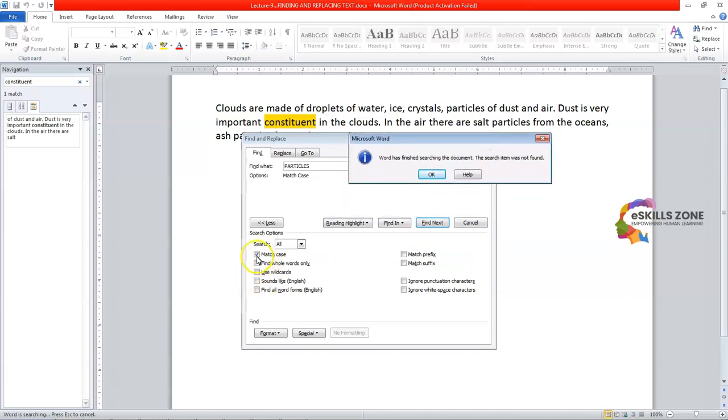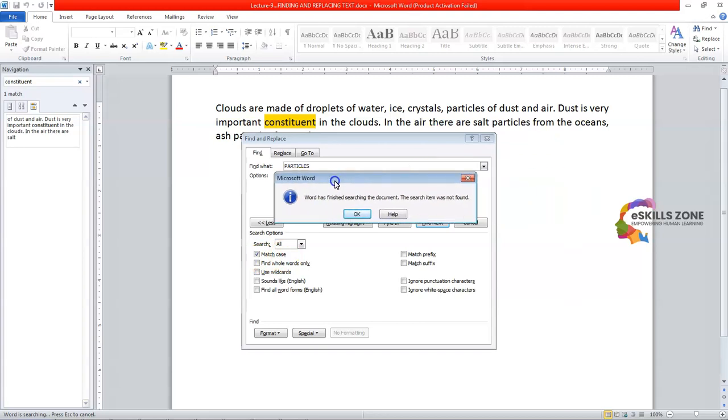Because we actually selected the match case option, we restrict this document to find the word particles in capital letters. Since the word particles is written in small letters in this document, the word cannot be found